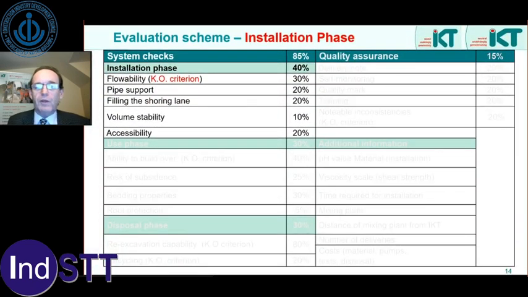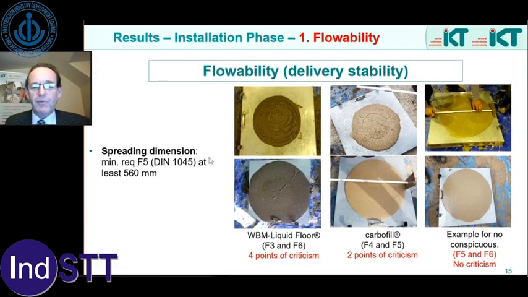So first of all, we did the installation phase. So we're looking here at flowability, how it could support pipes, what happened when we ripped that shoring out, how stable was it volume-wise, and the accessibility was how soon could you walk over it? And that variously scored, contributing 40% to the overall 85% for the performance checks. So with the flowability,